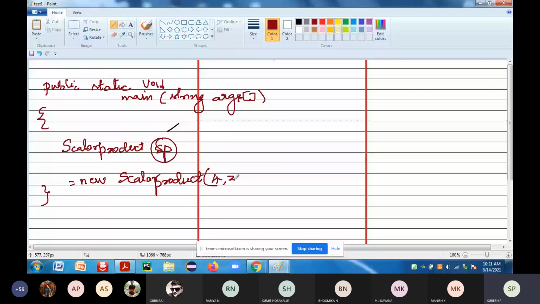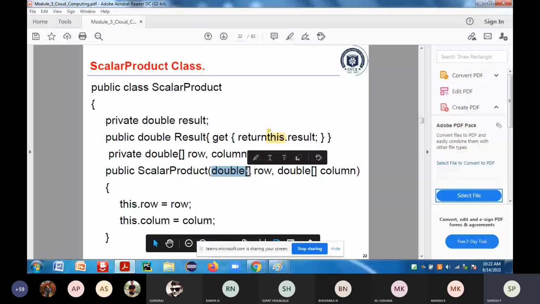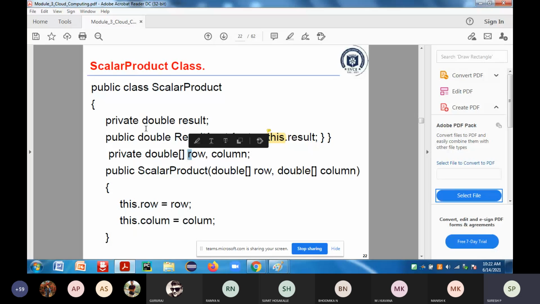Double row it is going to receive, and column it is going to receive, and it is going to initialize with the rows which are defined inside this particular class. It is going to define the data type which is being defined inside this particular class. I think all of you have gone through private, public, and protected in your Java programming, so I don't have time to re-discuss that. If you've forgotten, just go through it once and read it once.